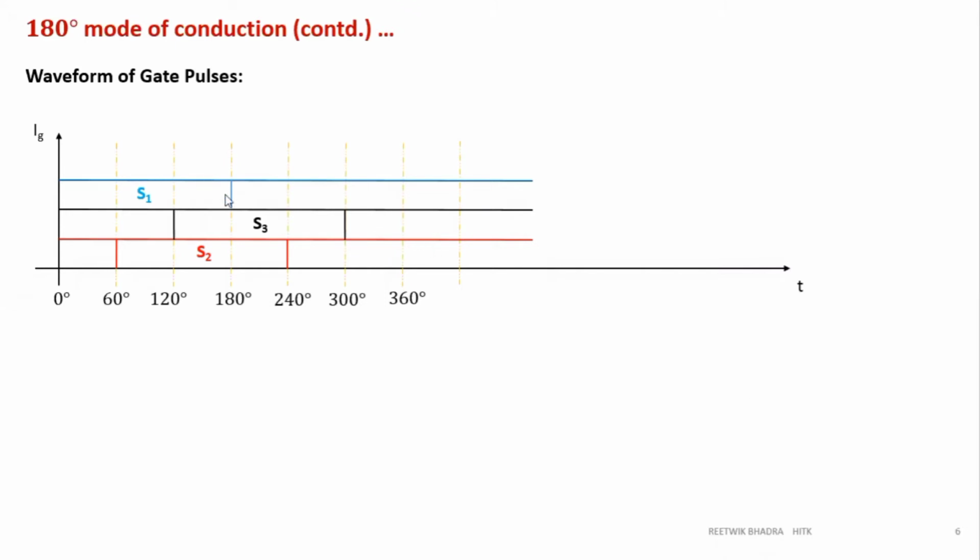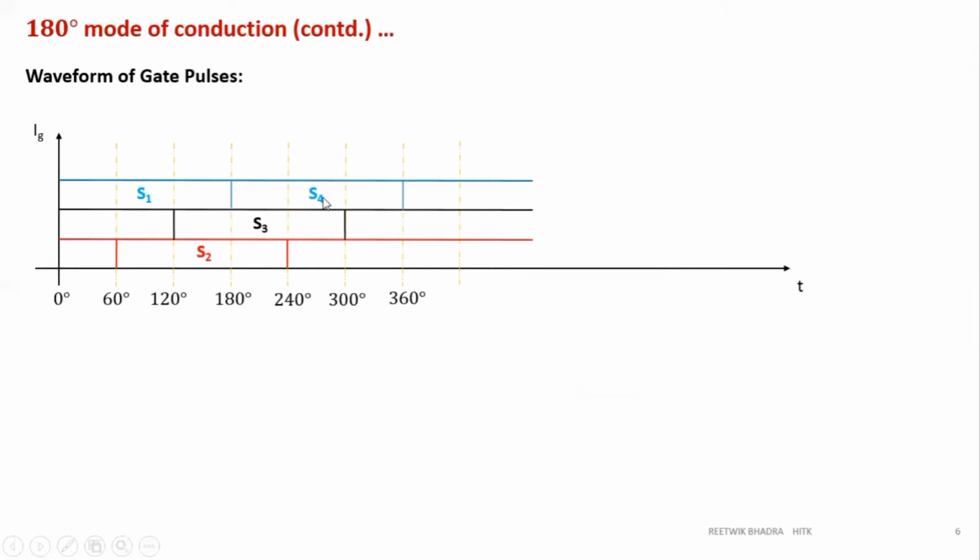Understood, I think so. S1, S2, S3, how it is drawn. Next, what we should draw is S4. So it should start at 180 degree as soon as my S1 ends. S4 has started at 180. 180 plus 180 is 360. Ends at 360. Now S4 will start at 180 and end at 360.